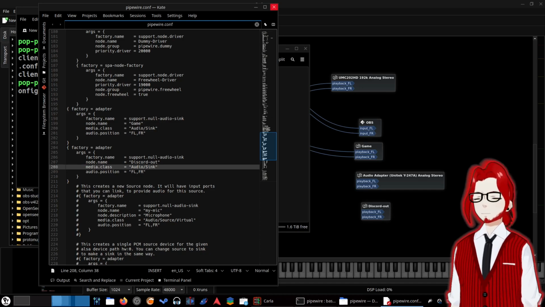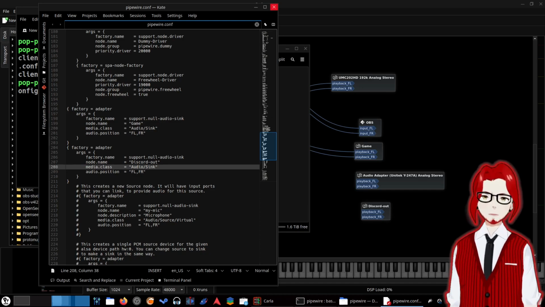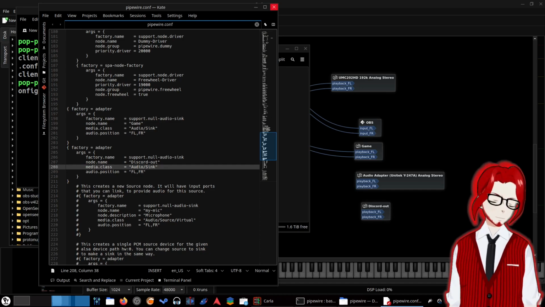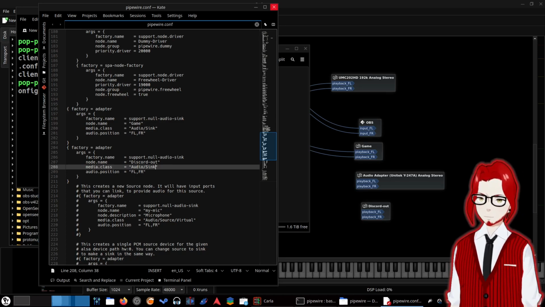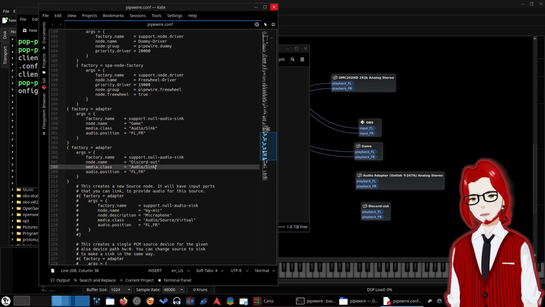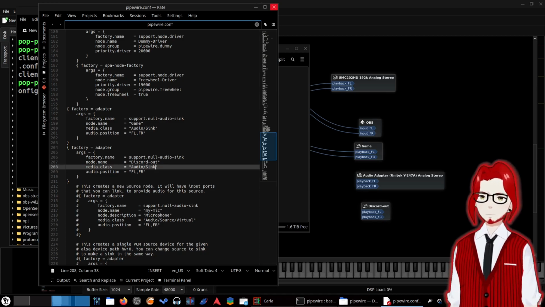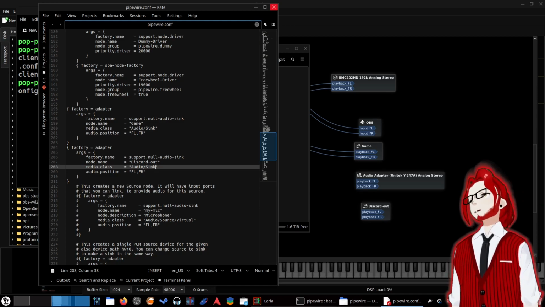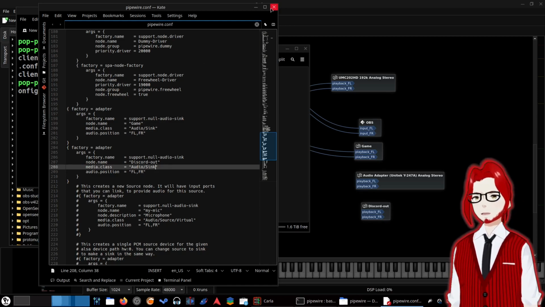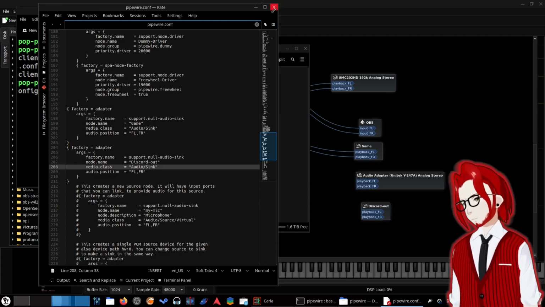I may have it linked below. Actually, I may put a link to a Pastebin with this exact thing pasted, or a generic version of these in it for an input and an output, so you can just copy and paste this into your config file to make it super easy for you. But that is how you had to add virtual devices. Now, I only needed 2. You may need more.